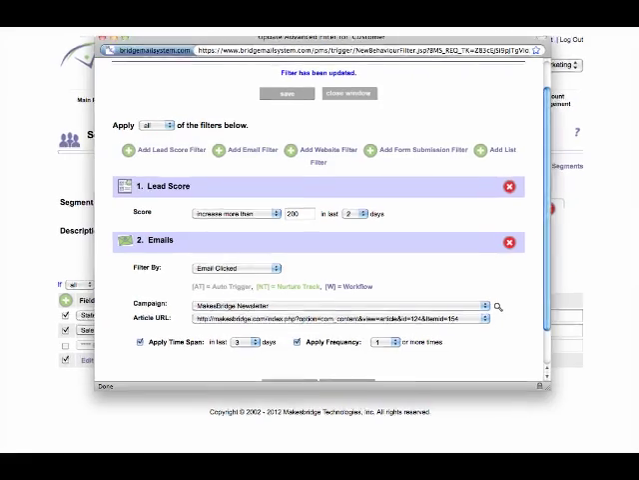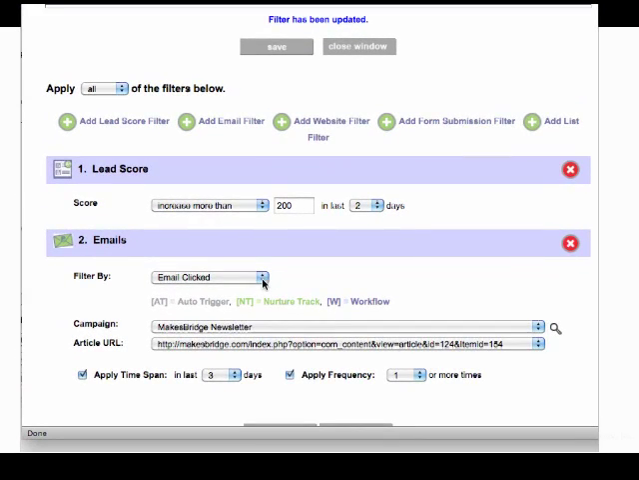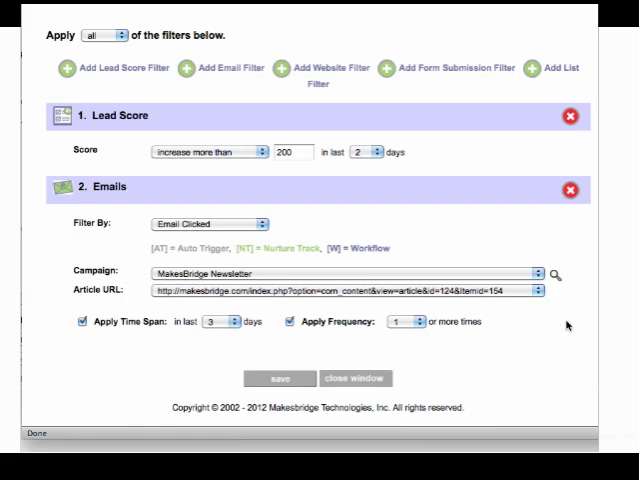So after we save our advanced filter to make sure that we can float up all those individuals who've had an increase in their lead score by 200 points in the last 2 days, maybe I also want to query by email activity. So we have a behavior here for email clicked, and then I can also choose which email we want to target against or filter against, and which link they may have clicked on. Okay, and we can do this for multiple email campaigns. Now you see here we've also applied a time span for this as well. So anyone who's clicked on that email in the last 3 days, and we also applied a frequency of